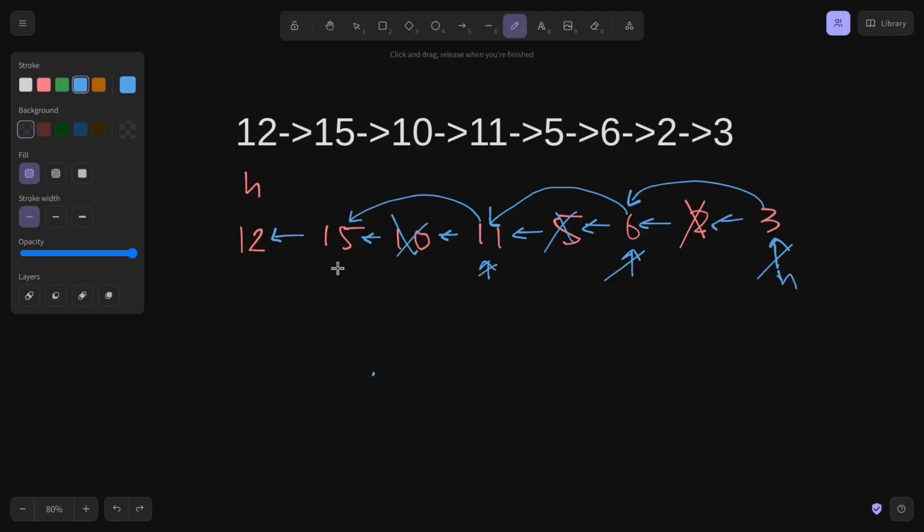Then the pointer moves next to 15 and we again check if 12 is less than 15. So after removing all of this, we have 15, 11, 6 and 3 left in our linked list, but guess what, this linked list is still reversed. So we need to reverse it again, and after reversing it again, we will get our desired solution. So first of all, we'll need to reverse this,